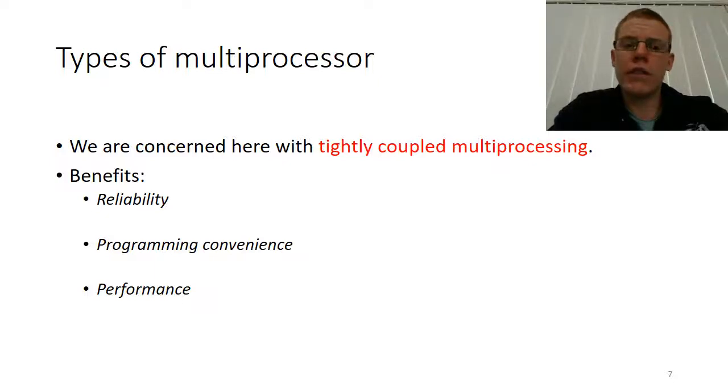There's also programming convenience. Because the overall pool of memory is shared, the level of difference as far as the programmer is concerned from a uniprocessor system is much lower than with loosely coupled or functionally specific multiprocessing systems. So it can be more programmatically convenient to handle tightly coupled processing. Indeed, in many cases, the programmer can be completely agnostic to the fact that there's multiple